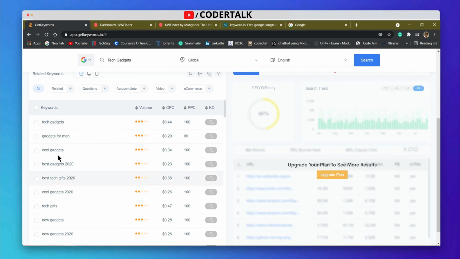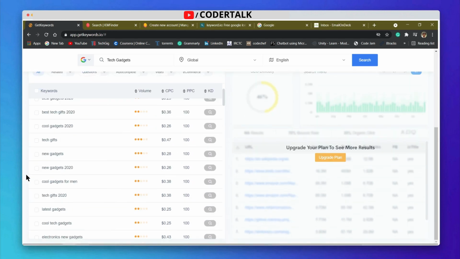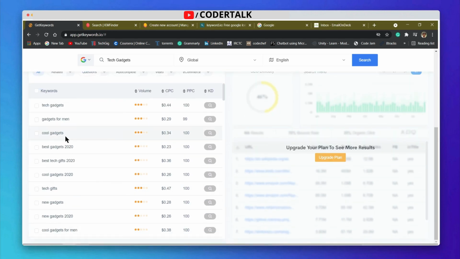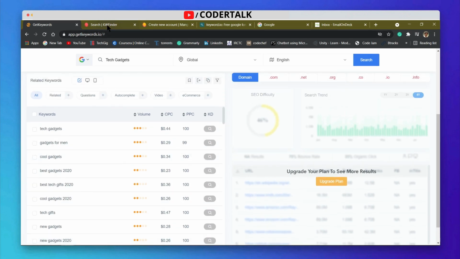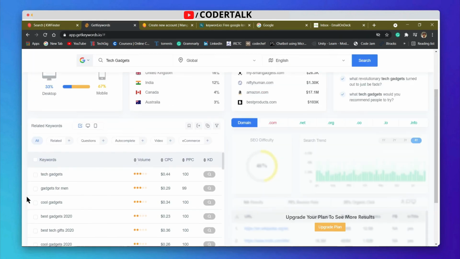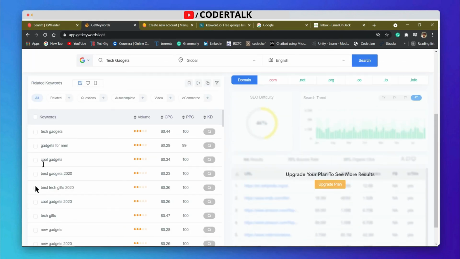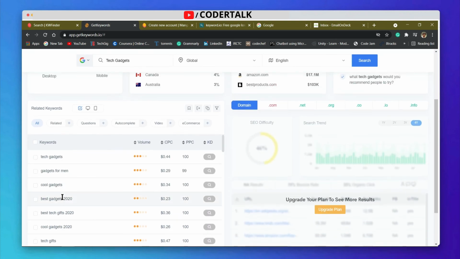You try to include all those keywords in your blog, so modify your blog according to these keywords and include these keywords as well. Try these methods to rank your blog on Google. These are the main methods which I have discussed in this video. So follow these tools like KW Finder and keyword.io. Follow these methods for your blog and update your blog related to these keywords. Then it will have a high chance of your blog coming up on Google.